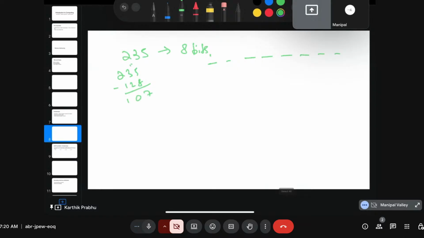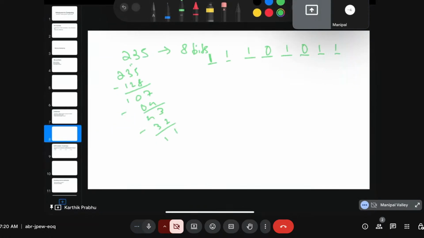So this would fit 1. Then 64 also fits. So this would be 43. Then 32 maybe it fits, right? So 1 1. After that 16 does not fit, 8 fits, 4 does not fit, 2 fits, and 1 fits. So this would be the